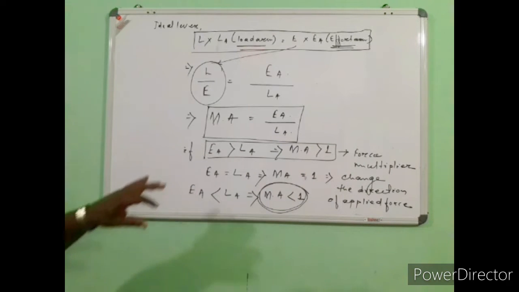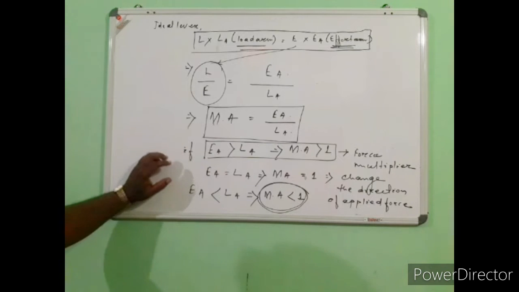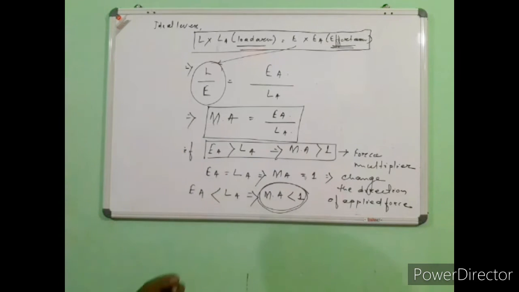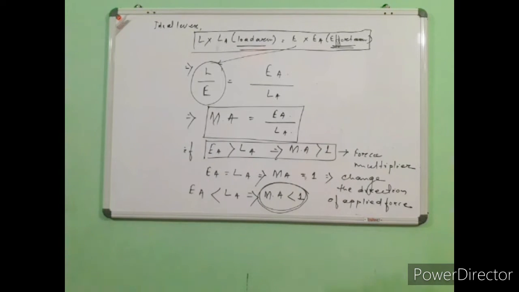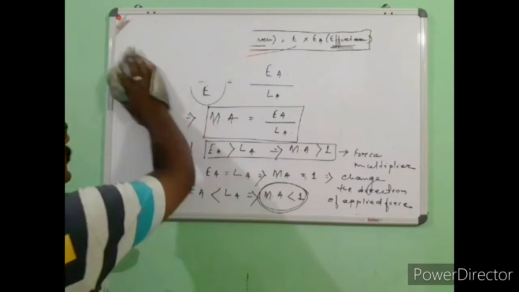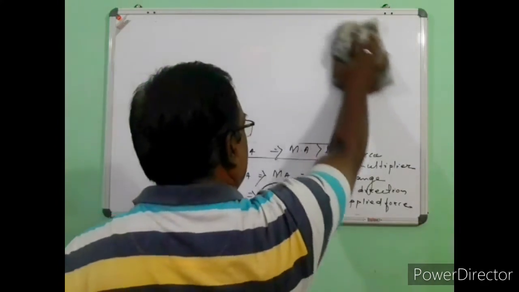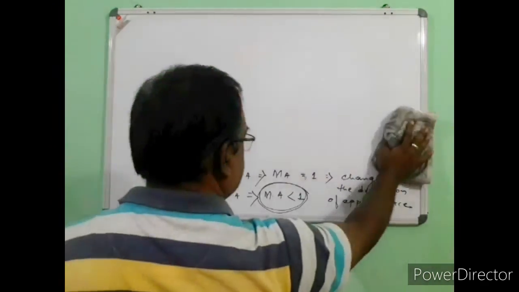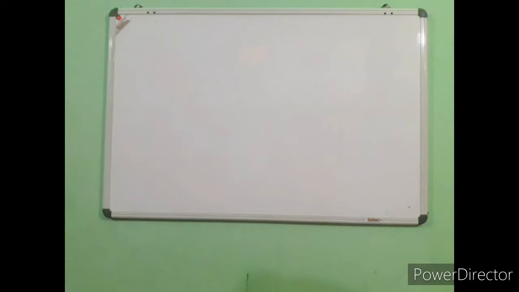So on this basis, just remember as I have discussed earlier, that the mechanical advantage of a machine can be changed, whereas velocity ratio cannot be changed. So these are the conditions which may come across: mechanical advantage may be greater than 1, equal to 1, or less than 1. Now we will go into details of the different types of levers. On the basis of fulcrum position, we have seen that the fulcrum is that particular fixed point on the axis which does not change its position. It remains fixed while the lever works.